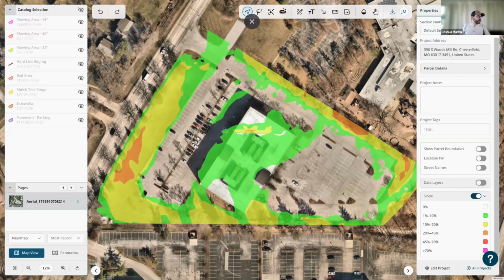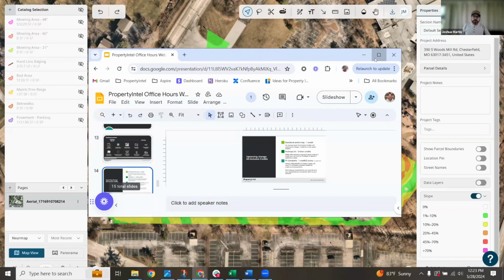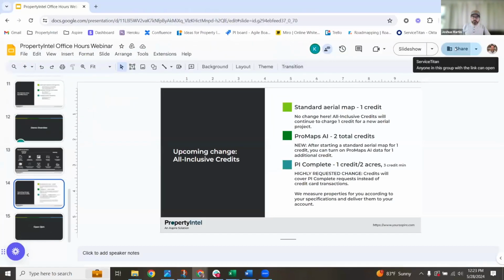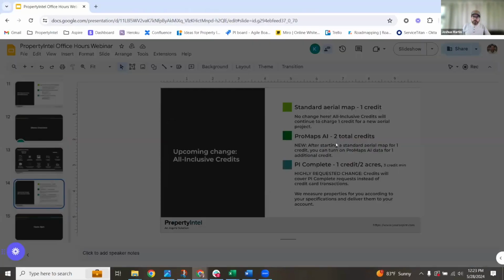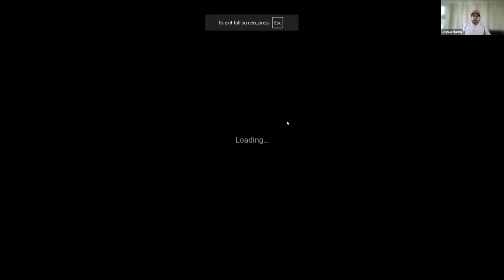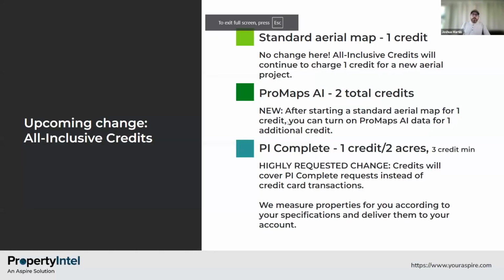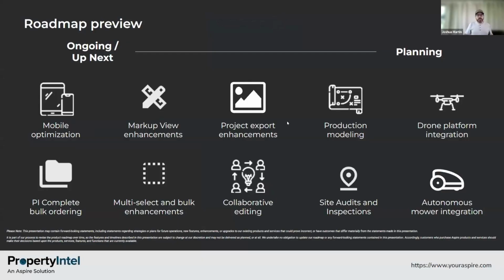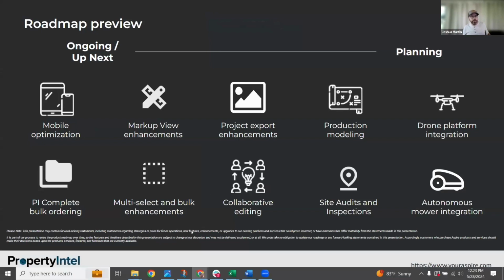I think we wanted to look at the roadmap briefly. Drag that over. And so, just a quick preview of the roadmap before I hand it back over to Kurt. We are wrapping up some of the stuff for the Aspire integration that I mentioned,